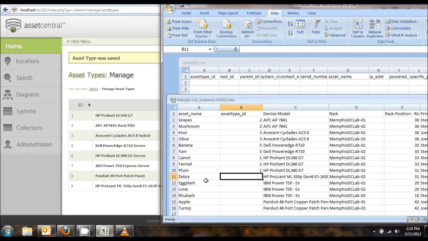So now I can come back to this Excel file and enter 9 for the asset type ID on this one. And for the IBM 750, I'm just finishing this up here, 777, and then Panduit is 8 and 8. Okay,